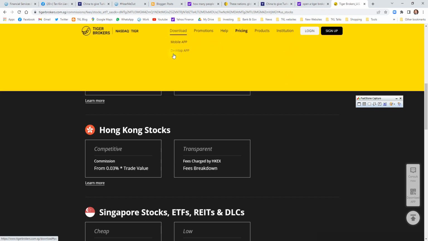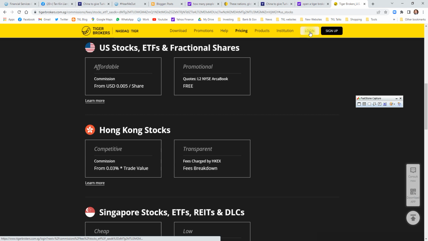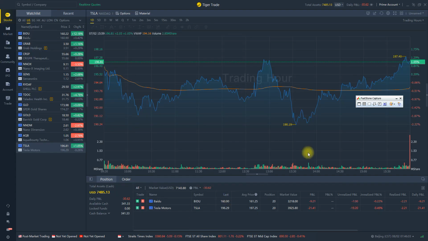So after I open the account, I'm given the account number and I set up my password. When I log in to the desktop app, which I can do over here, I search for the Tiger app, and then I log in, and this is what I see. This is after I log in. You will find that there is here my Prime account as well as a demo account. So you can actually use a demo account to do trading, to practice trading